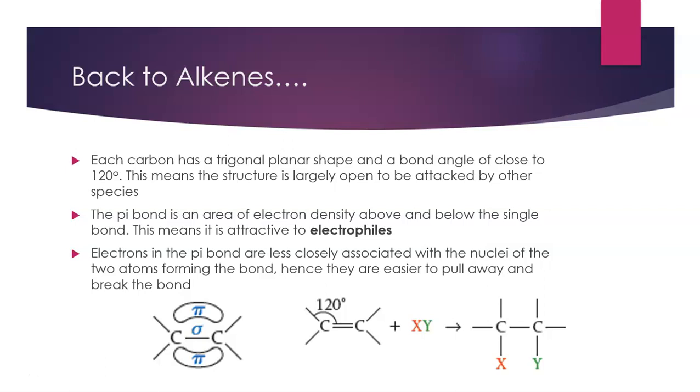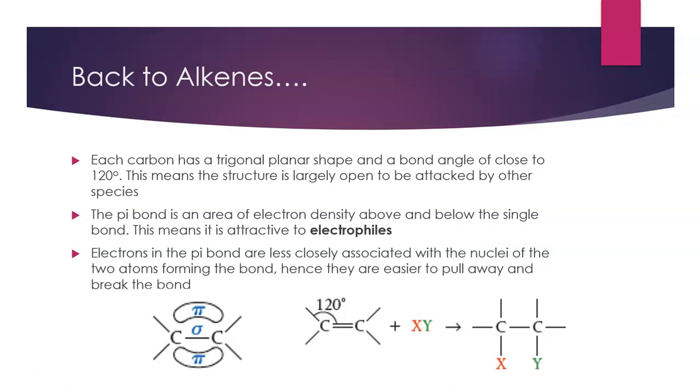bond, etc. We know that the carbon in an alkene will have a trigonal planar shape, because we have the electron domain geometry here where we have 1, 2, 3 electron domains or 3 negative charge centers, the double bond forming 1, and that gives us a 120-degree bond angle approximately around this carbon. This means that the structure is largely open. Because of its planar nature, it's largely open to attack from above or below, and the bond remains open to